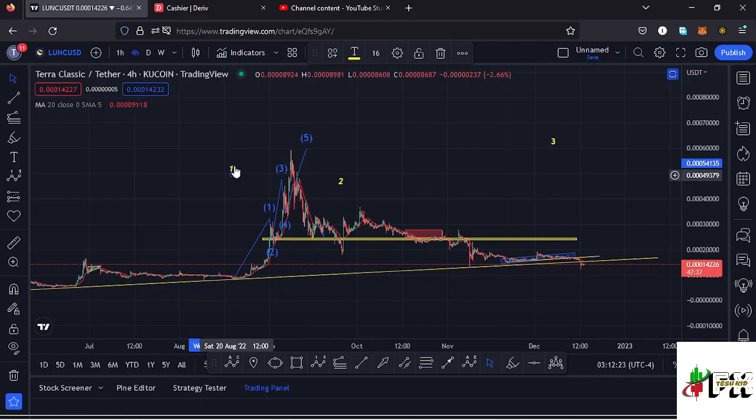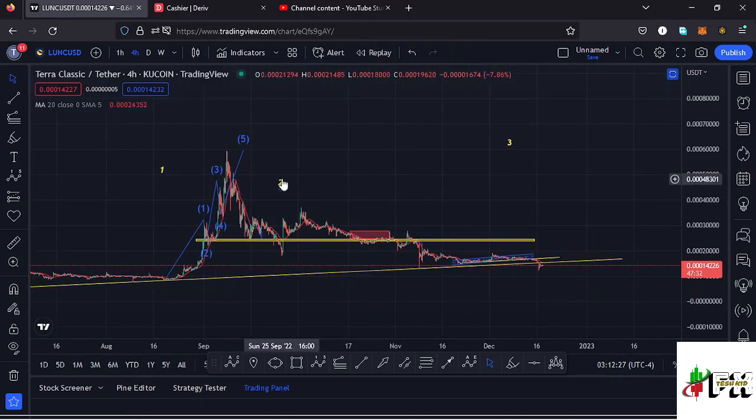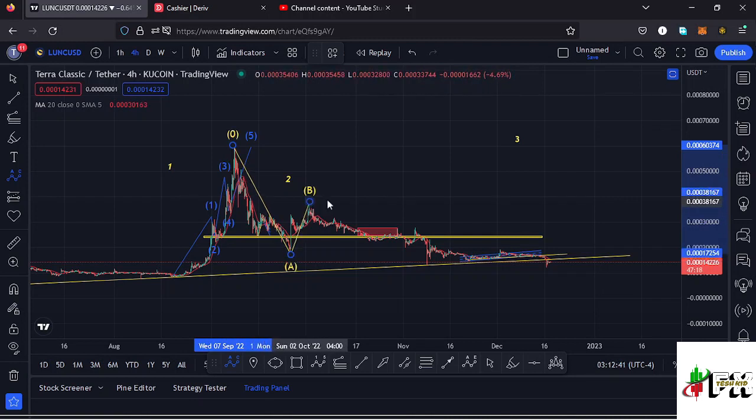And after seeing the formation of a higher Elliott wave count 1, whatever we expect next is a bit of a retracement to the lower side in the formation of a second wave. And in the formation of a second wave, which is a corrective wave, we also expect to see an ABC corrective structure, and I believe we are seeing such a structure right here, having this as the wave A. Then we have seen the wave B, then we have continued pushing even lower in the formation of that wave